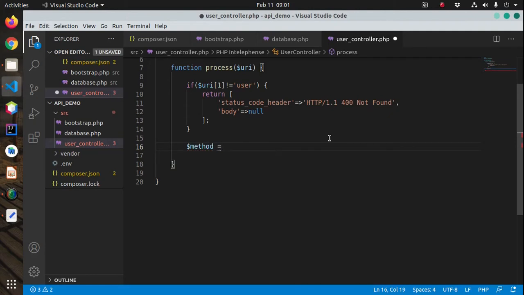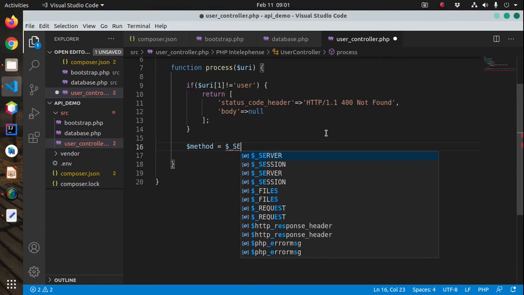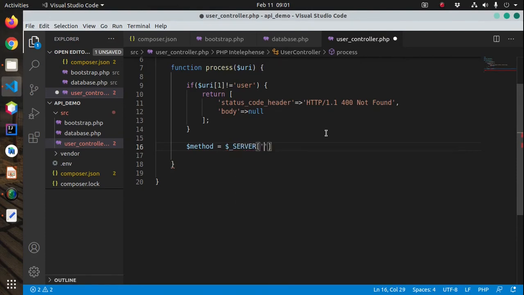The method is gonna be equal to server request underscore method, and we're expecting the get method, the post method, the patch, and the delete method. So first let's cover our get method. So if method is equal to get, like so,